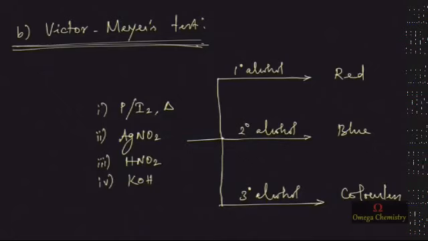Whereas secondary alcohol has only 1 alpha hydrogen and it cannot be involved in the final step, and hence the third step color, that is blue color, will prevail. Tertiary alcohols will not undergo the last 2 steps as they have no alpha hydrogen, so no characteristic color will appear.